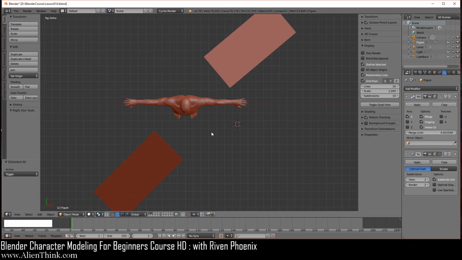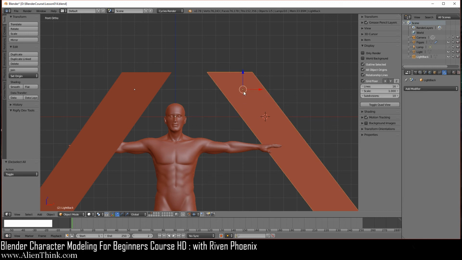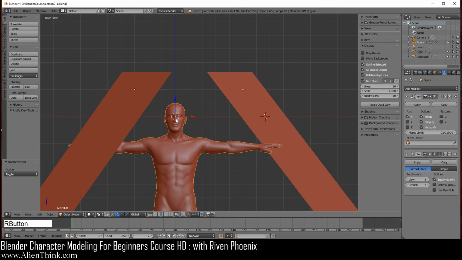See, so this is really the origin of your model, and if you click on this, this will just show the origin of all the 3D models. They'll just be white, right? So if you right click this, you'll see that it just becomes orange, and now this is white. So this just shows you all the origins.